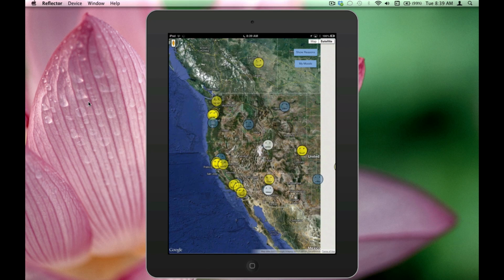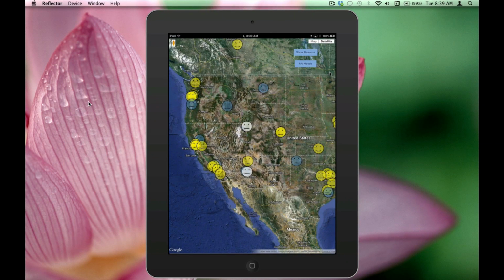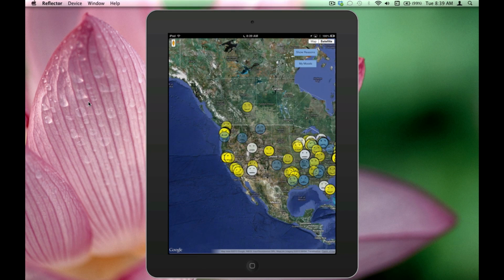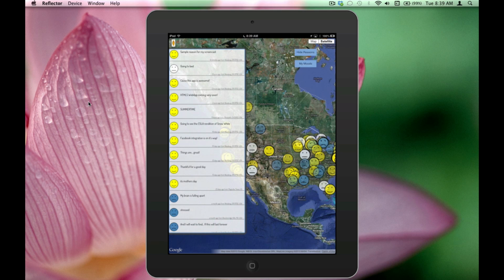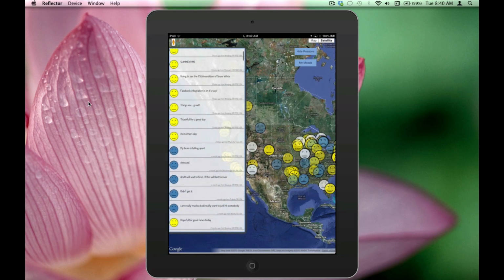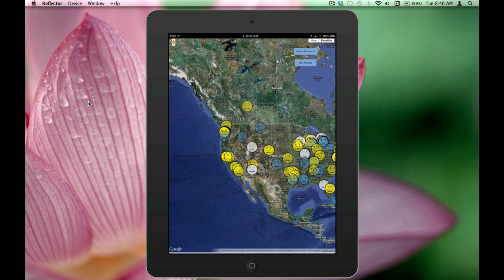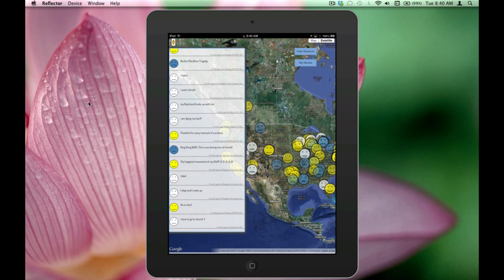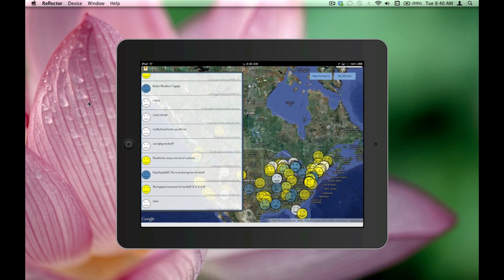And so, same thing. It works just like you would expect it to on a touch device. You can just pan and zoom and move all around, and you can take a look at the reasons for people's moods here, and you can hide them away. And the cool thing too, another responsive aspect of it, is that if you have the list drop down, if you change the orientation of the device, it knows that you don't have as much vertical screen real estate,